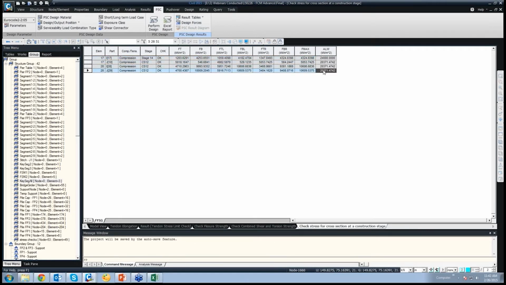So if the stress value acting is more than the maximum allowable, then again that element or that particular row would be shown in red text, so we can easily see where the issue is.